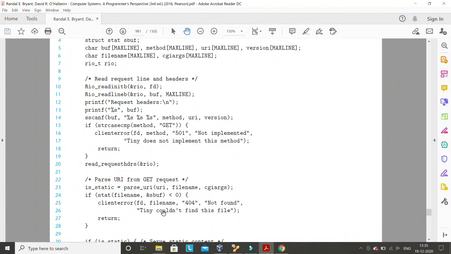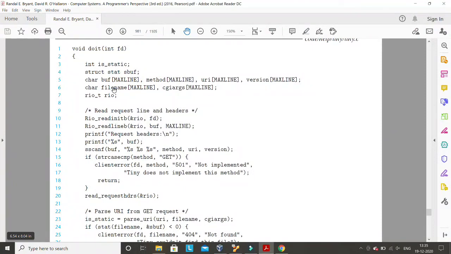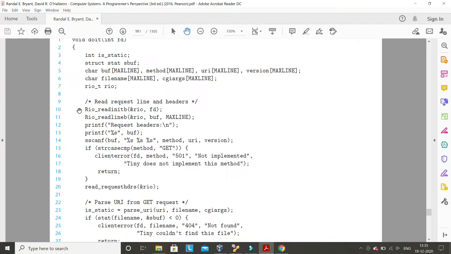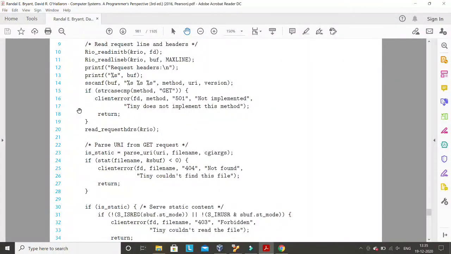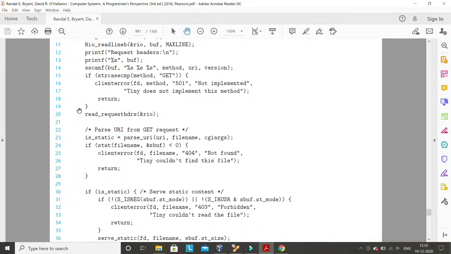First of all, the control will only come to the doit function after establishing a connection between client and server. So the connection is already established. Now the purpose of the server is to serve the request of this client. So here it will check how the request has to be handled, and read request headers will be there.